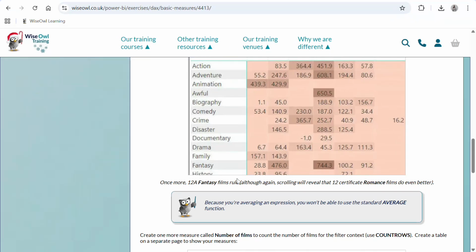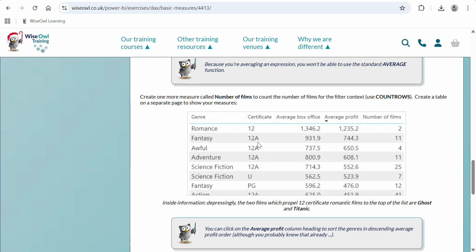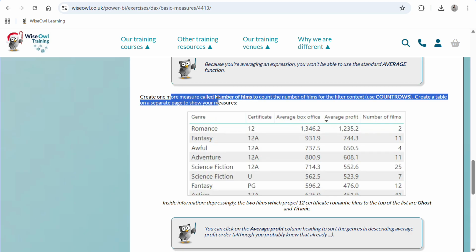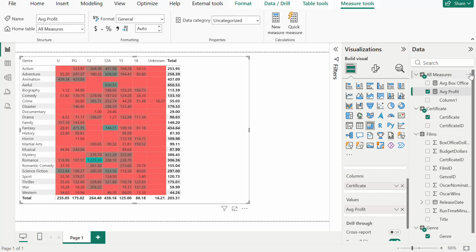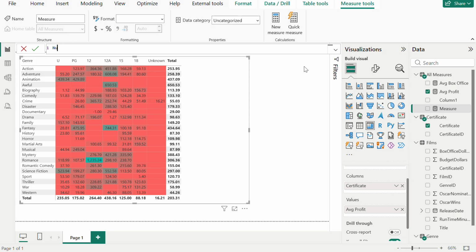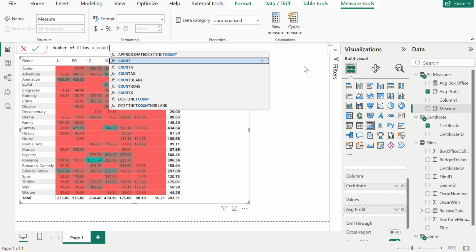Okay, now two text measures are completed. Now it's telling us to create one more measure called number of films. So for number of films we will be using count rows. Okay, so we will add one more measure called number of films. We will be using count rows,